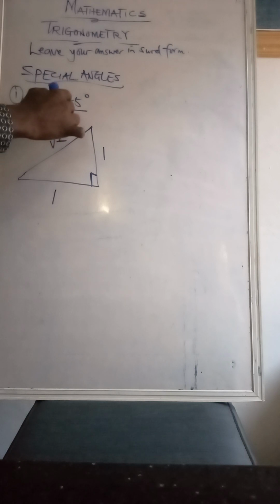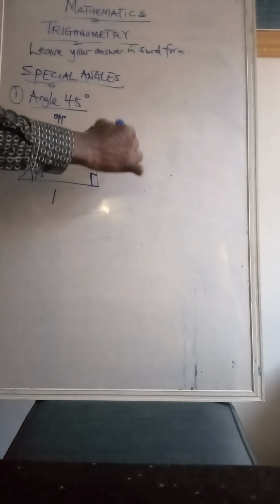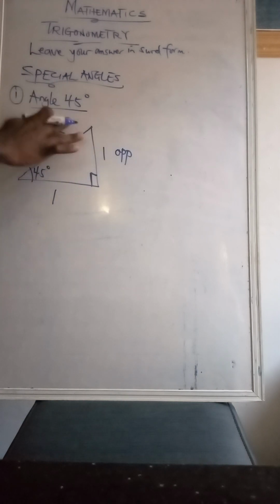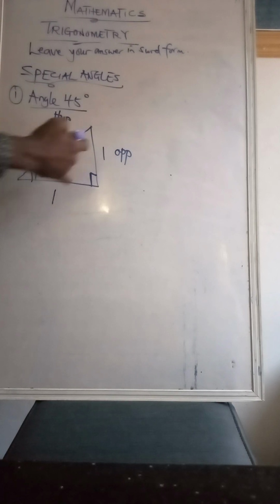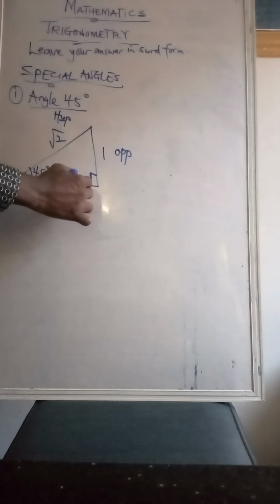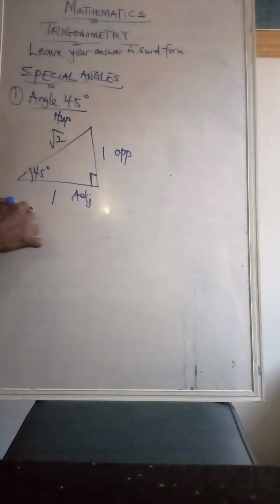That means this is my opposite. The angle is here, angle 45. So that means this is the opposite. The opposite is here. This is the hypotenuse. Hypotenuse, opposite. While the third one will be what? Adjacent. Okay. Now when we call SOHCAHTOA,